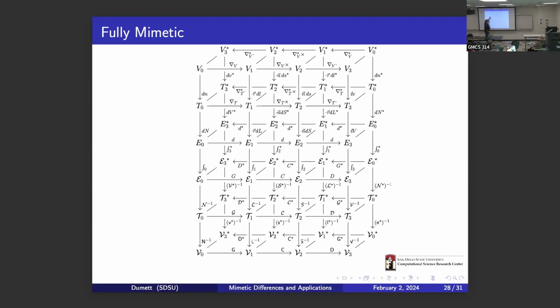Let's focus on the vector calculus because it's probably the one that we know best. So we have here a scalar field. When you apply the gradient, you get a vector field, and you can apply the curl, and you get another vector field, and finally you apply the divergence, and you get back to the scalar field. Laplacians are operators that perform one of these loops. And so you see there are 3 Laplacians here.